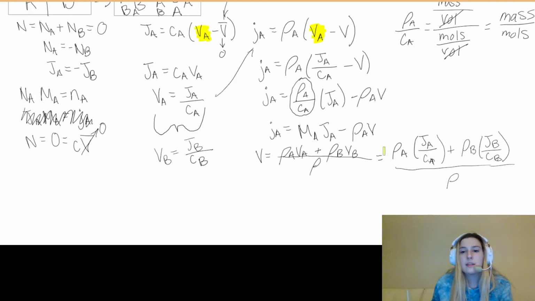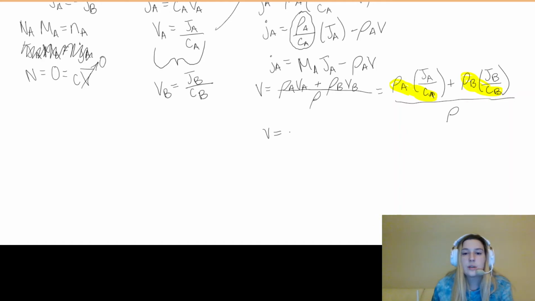Let me highlight this. So rho A over CA and rho B over CB. We can do that equaling the molecular weight of A and B. So we can use that we did before, and it'll simplify to,